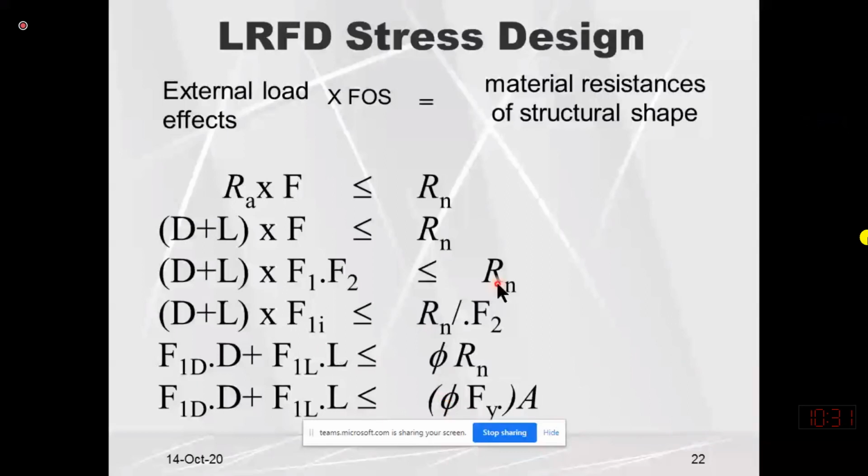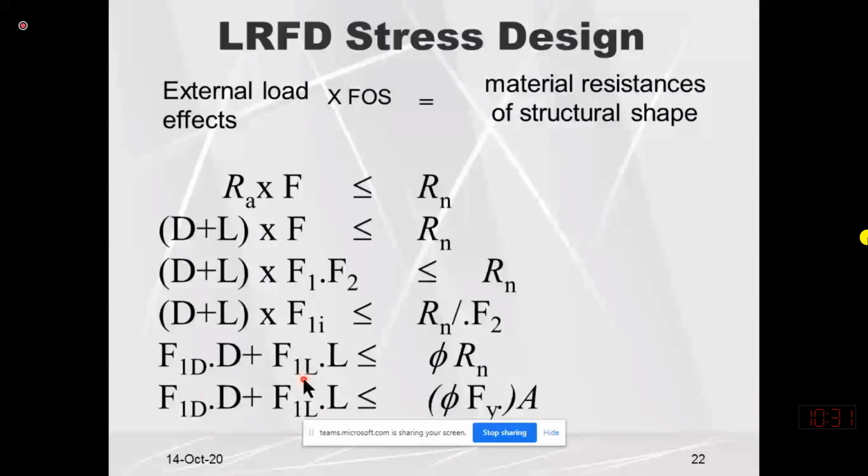Actually, the factor of safety that we use with the dead load is less. For example, the value given by AISC is 1.2, and the factor that we use for the live load is 1.6, which is more realistic. It means that the fluctuation in the dead load may not be more than 20%, but on the other hand, the fluctuation in the live load may be around 60% as specified by the code.